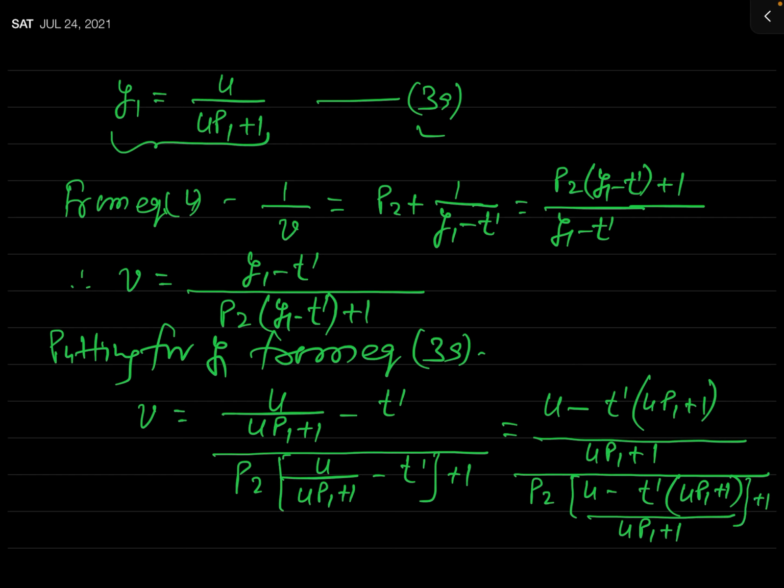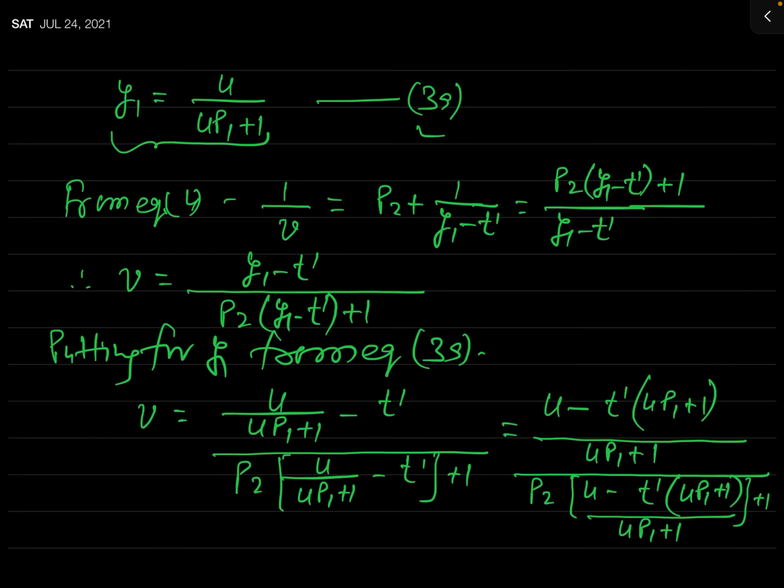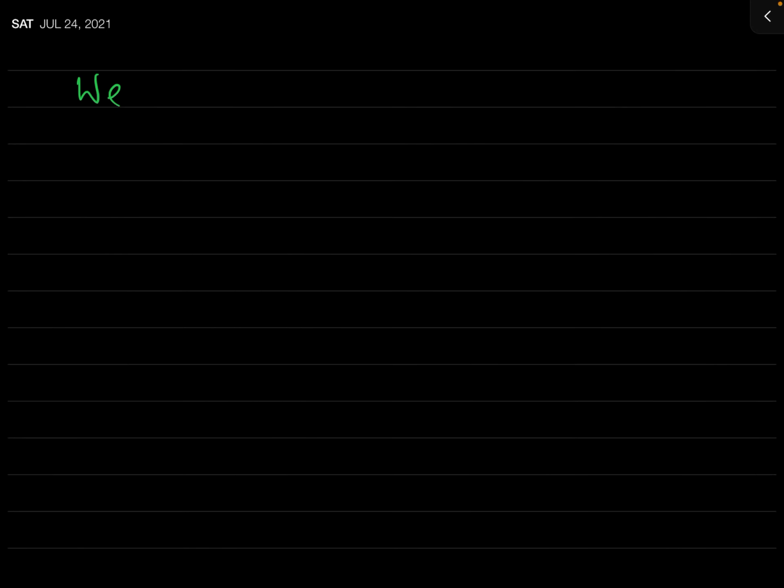Now there will be a lot of algebra, but finally you can see this u p1 plus 1 will cancel out, and when you do those algebra, you will get a simple result. Actually I am writing that result directly in terms of some extra notations. But this is just a homework for you. You can do the algebra, and after doing the algebra you can see that the expression for v may be written